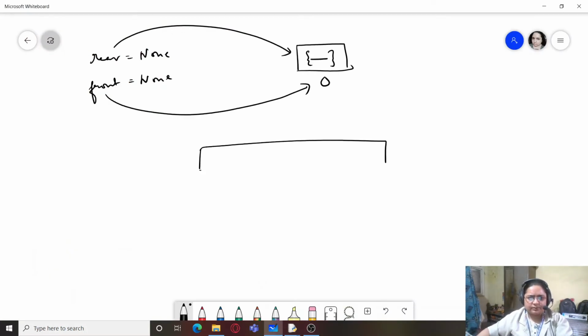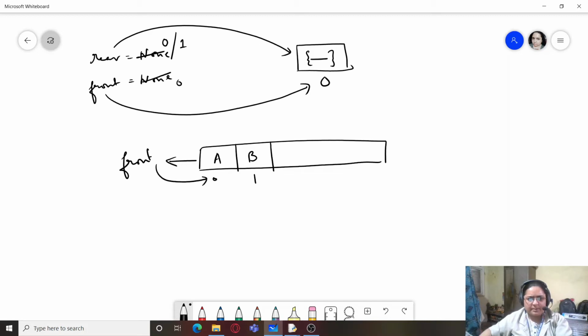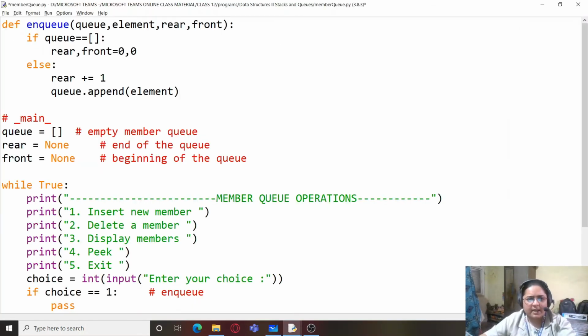the queue. This is your queue. If there is at least one element in the queue, then you can simply add another element over here. And you only need to change the value of rear. It will become 1. Front will keep on pointing to 0. Front will be pointing to 0, but rear will be pointing to 1. This way, if you insert another value, then again rear will only change during enqueue operation. So front will remain as it is. Front will only change when dequeue operation is there and when we are inserting elements for the very first time.